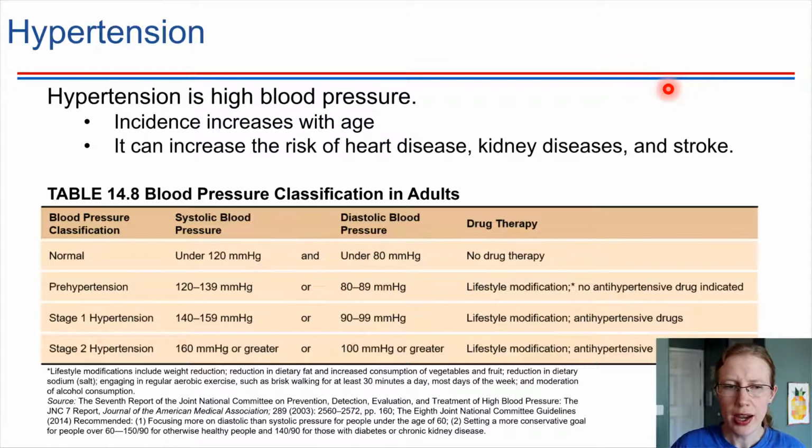What is it that's classified as high blood pressure? So there's a range of normal values for blood pressure. High blood pressure is generally taken as a systolic pressure greater than 140 or a diastolic pressure that's greater than 90. And that would need to be not just a one-time reading, but consistently the blood pressure seems to be higher than those values. So that's something that would be concerning, something that should be treated in some way, either with lifestyle changes or with drugs to help manage hypertension.